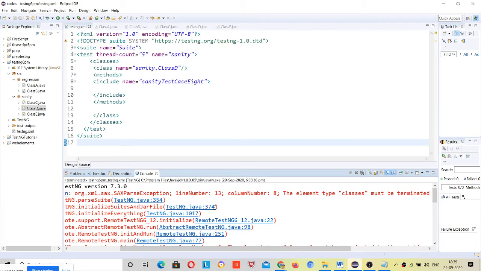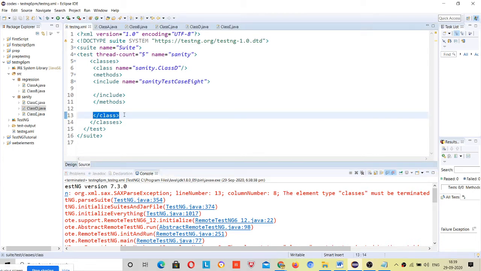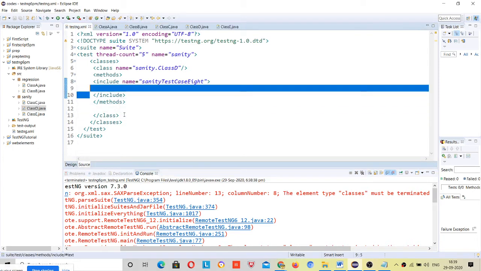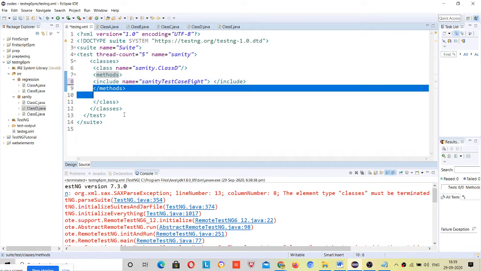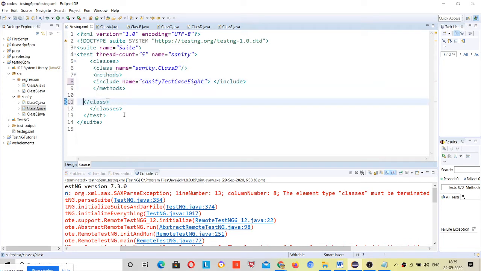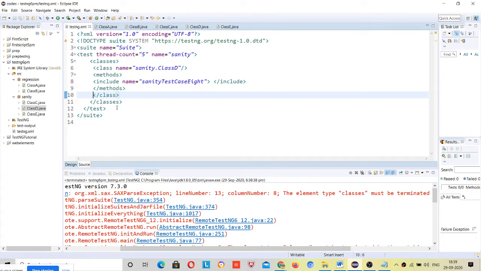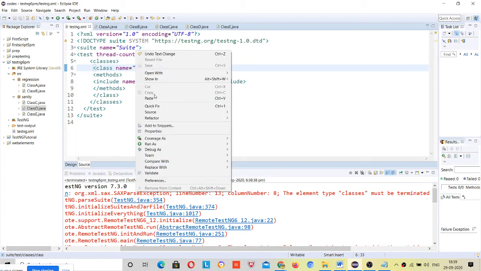Column number 8, line number 13. Methods include and then methods closed. It's correct, why is it not working? Sanity dot class D, test and then suite. Let's run it again.